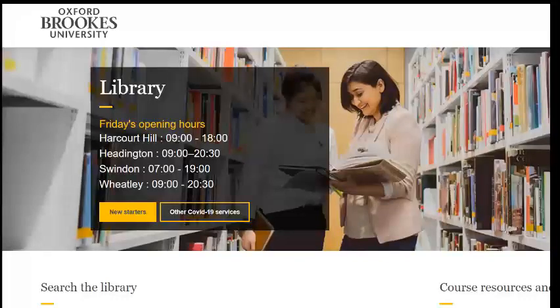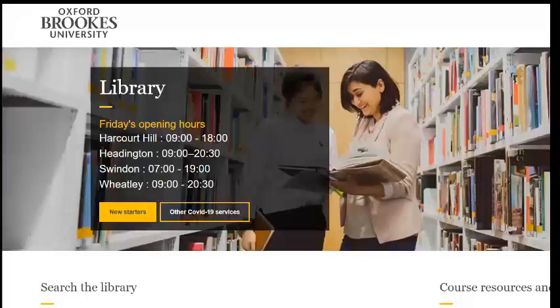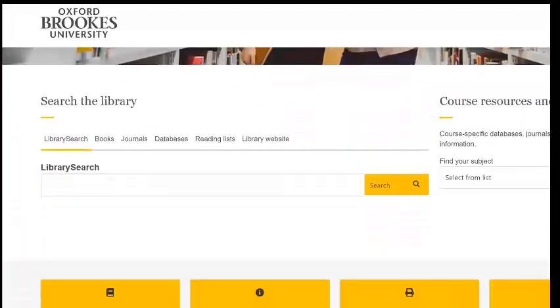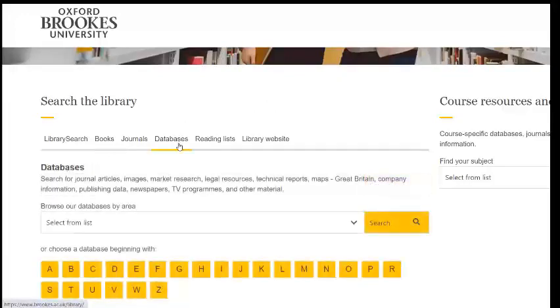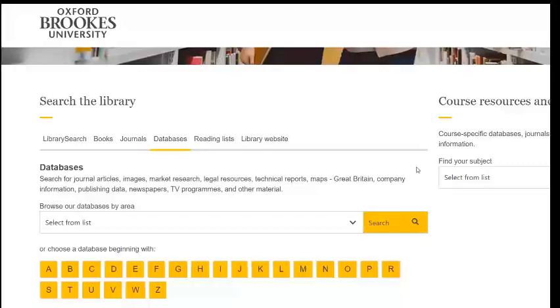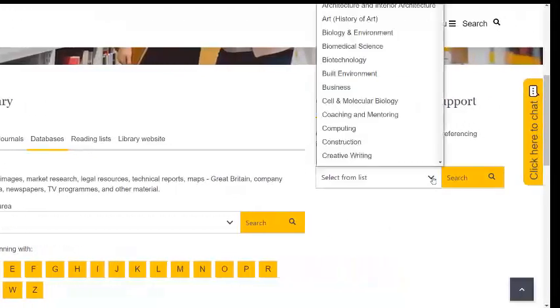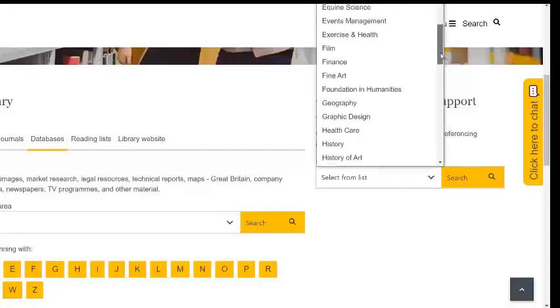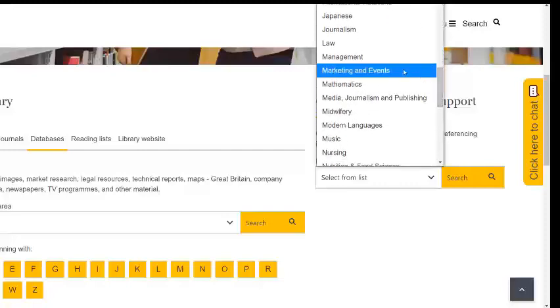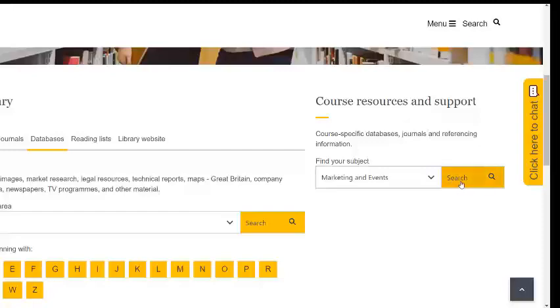I'm now going to give you a quick demo of Business Source Complete so that you can see how to access it, and how to search it. So we'll start here on the library homepage. There are some different ways to get into the databases. So if you know which database you're looking for, you can go here and find it alphabetically. But another way in is through your course resource help page, which also has a lot of other useful information on it. So we'll select marketing and events,